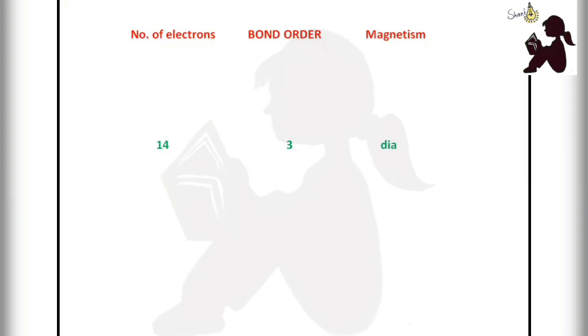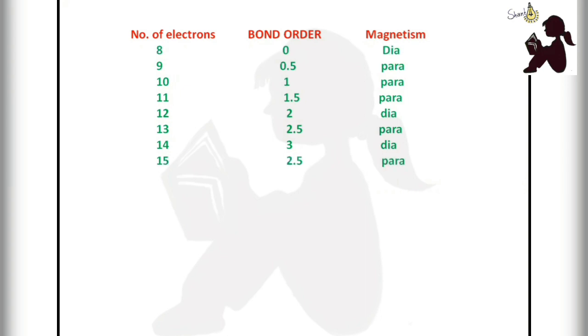So let's see. First is our 13, that is one electron less, so its bond order gets less by 0.5, and its magnetism comes paramagnetic. Now for 12 it's 2, and it's diamagnetic. 11 also gets less by 0.5, that's 1.5, and paramagnetic. 10 is 1, paramagnetic. 9 is 0.5, paramagnetic. 8 is 0, diamagnetic. Now if we increase one electron from 14, then the bond order gets less by 0.5, that is